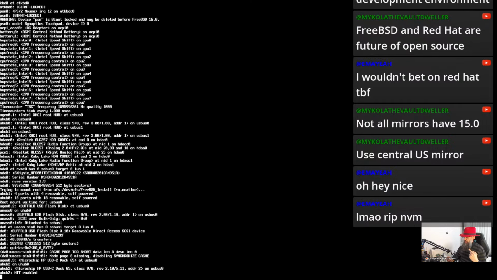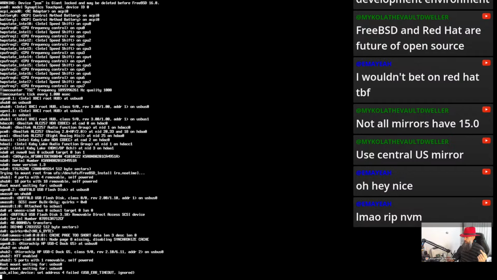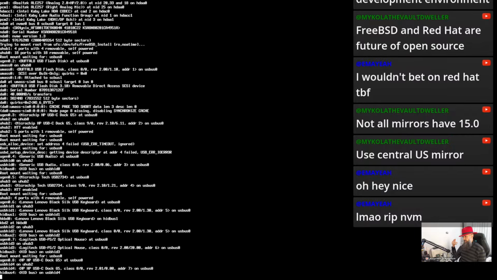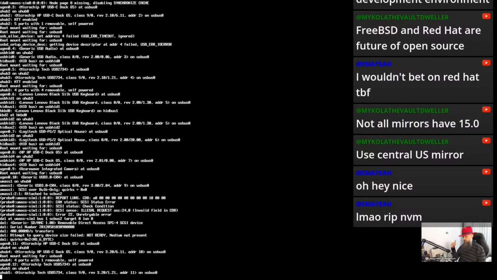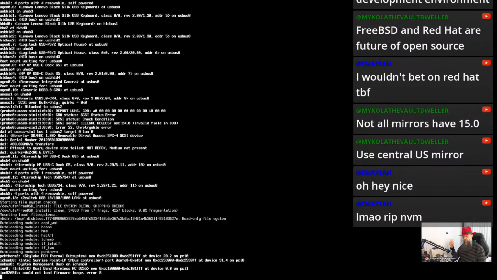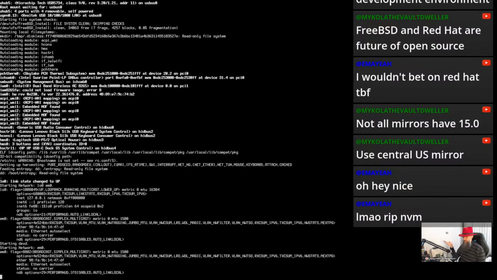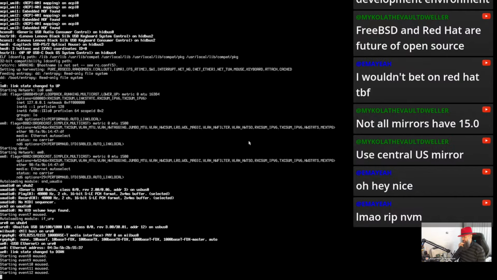Maybe the package base is pulling from a different directory. This is something I just don't know. I have never been in a scenario where I'm trying to install something that's not really out just yet. But they did prepare the ISO images, so that's kind of